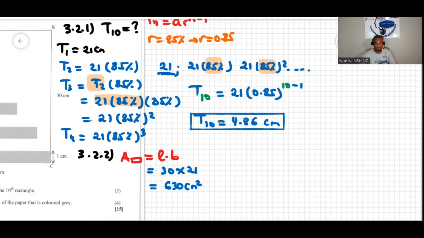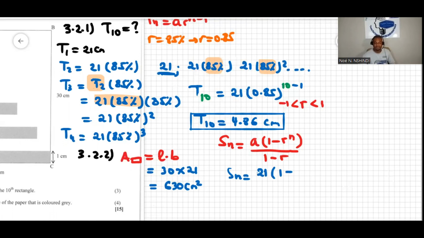So Sn is given by, because the geometric pattern is given by a(1 minus r to the power of n). I use this formula because when the ratio is between -1 and 1, the convenient formula is this one, 1 minus r, instead of saying r to the power of n minus 1. So I use this one, and then we substitute the values. a is the first term, so the first area will be 21 centimeters squared. So I write 21 there, open bracket, 1 minus r to the power,